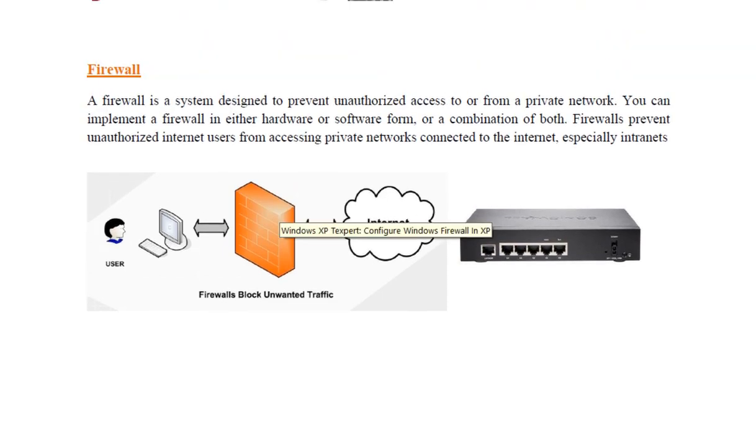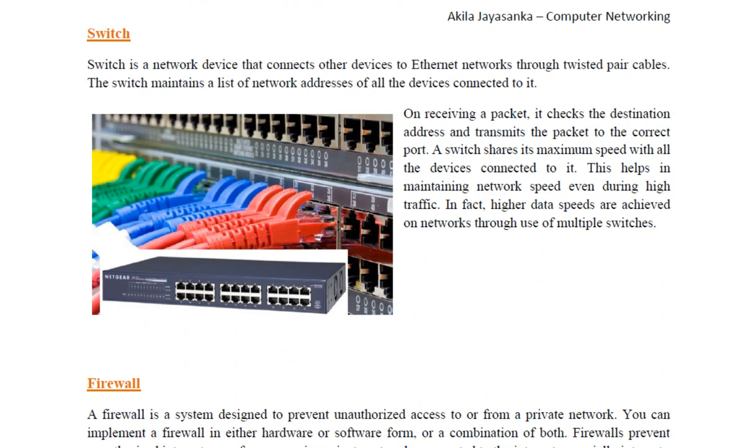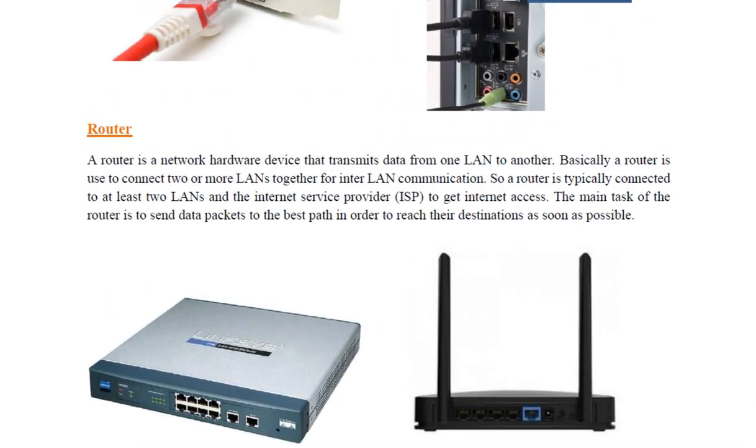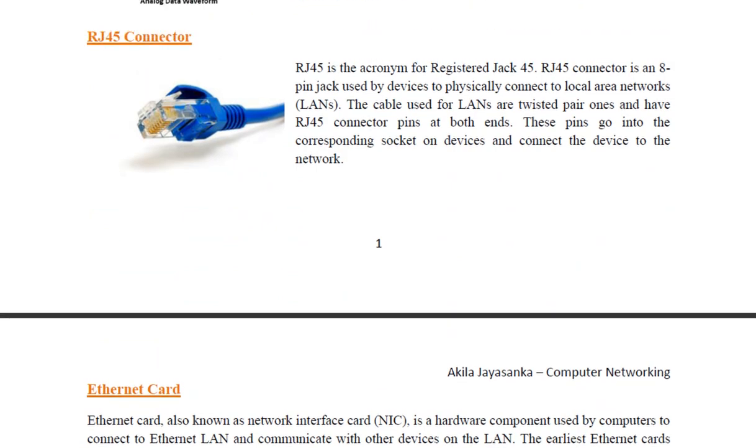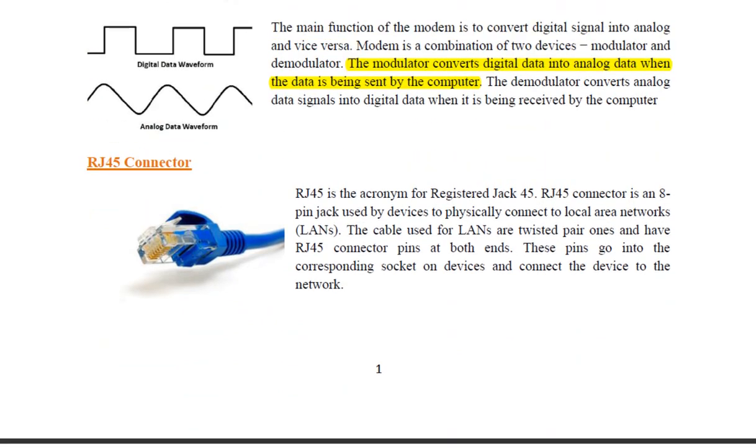Okay, so those are the main network devices. You must be aware the switch is the basic device which we use to connect computers and other end devices together. And again, we use routers to connect those LANs, local area networks, together and form a wide area network. A firewall is used to protect the computer network from outside access. And again, the Ethernet card and the RJ45 connector are the basic devices which we use to connect our computers to the wired network. So that is the end of the first part. We're going to discuss servers in the second part of the explanation session.